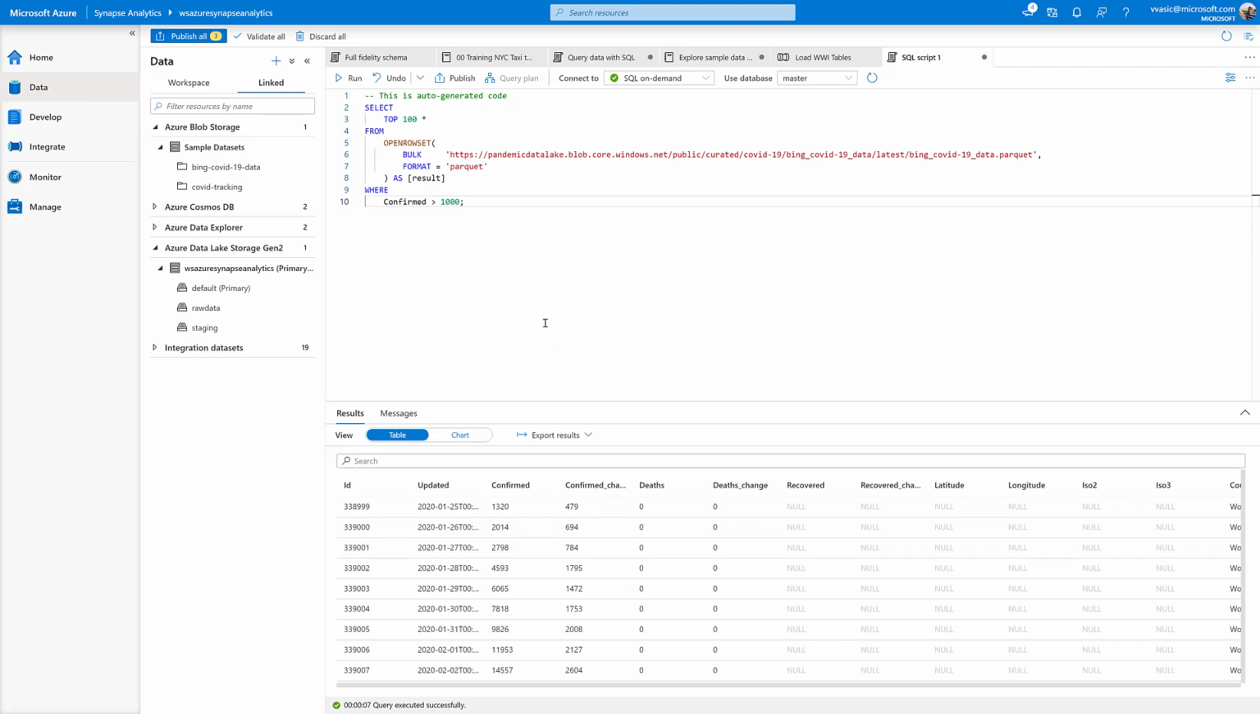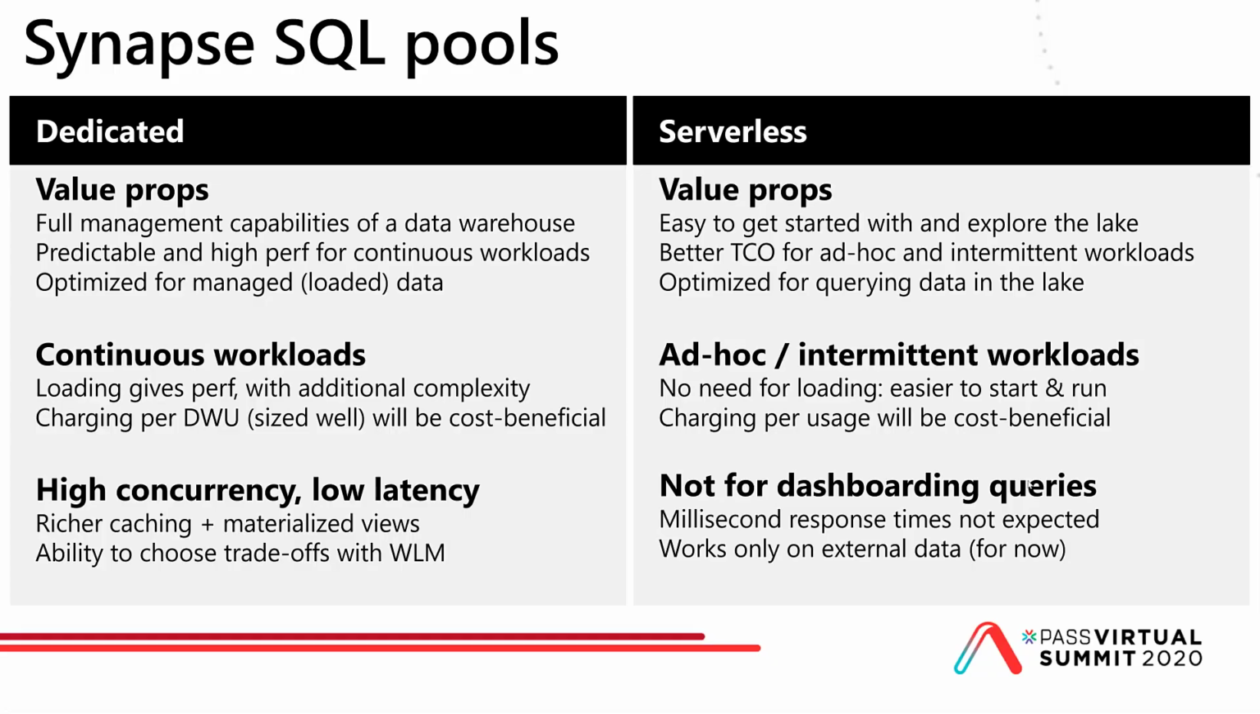Alright, let's now go back to the presentation to learn more about Synapse SQL and Synapse SQL Serverless in particular. In Synapse, there are two flavors of SQL pools: the dedicated SQL pools and the serverless SQL pools. The dedicated SQL pools are a traditional data warehouse. It gives full management capabilities over the data warehouse, and it provides predictable and high performance, especially for continuous workloads. It's optimized for the data that is loaded into the data warehouse, or as we like to call it, the